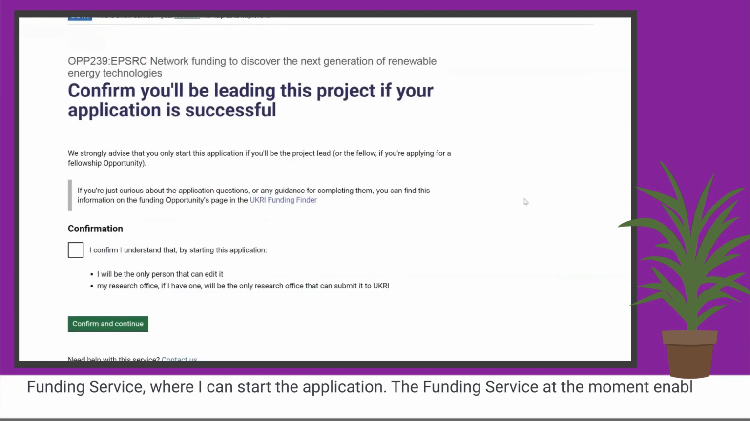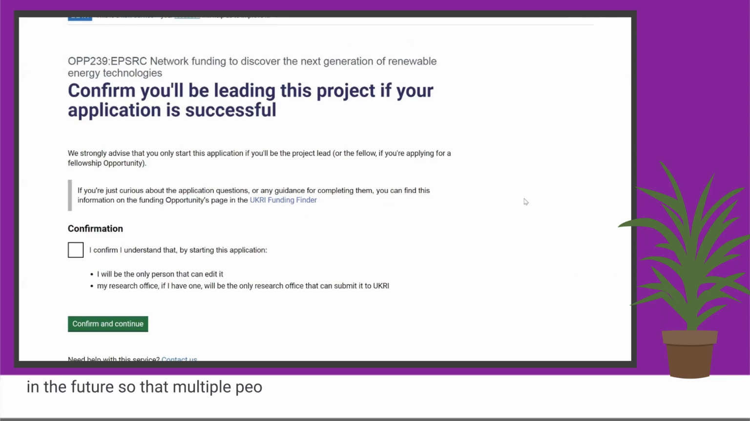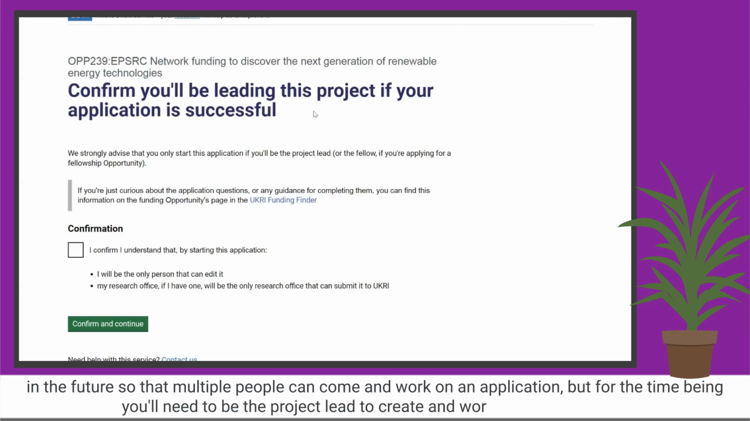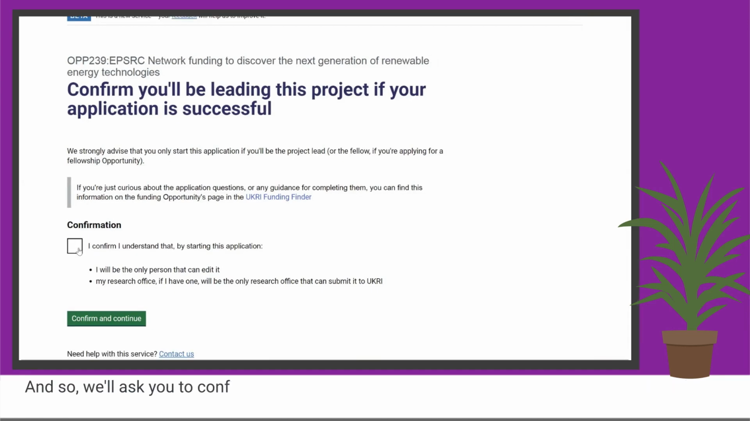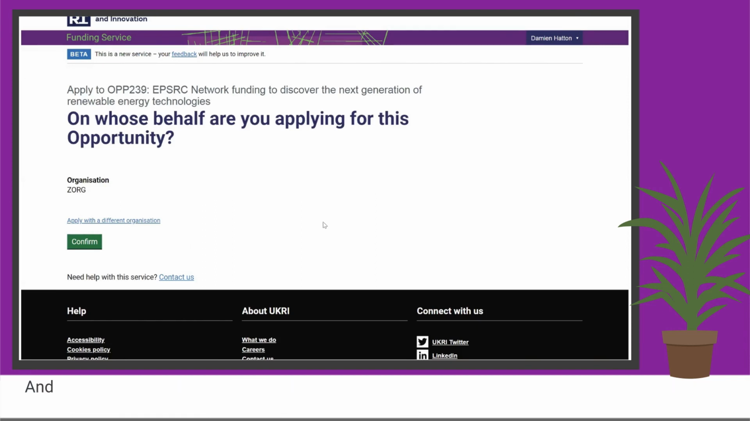The funding service at the moment enables a single person to create and edit the application. This is something that we hope to develop in the future so that multiple people can come and work on an application. But for the time being, you'll need to be the project lead to create and work on an application. And so we'll ask you to confirm that that is the case. And then you can decide the organization you are applying on behalf of. And so this is typically the organization that you would belong to. And so I've got a dummy organization set up here,